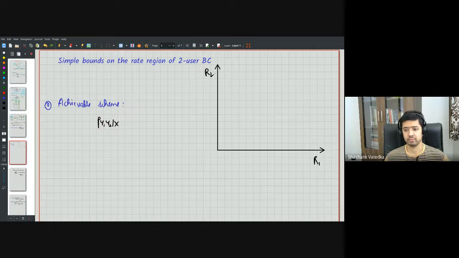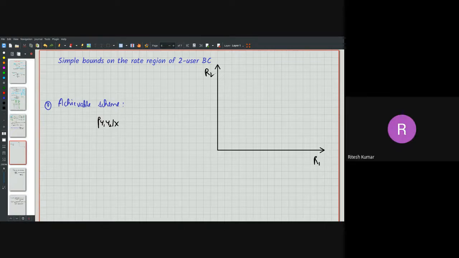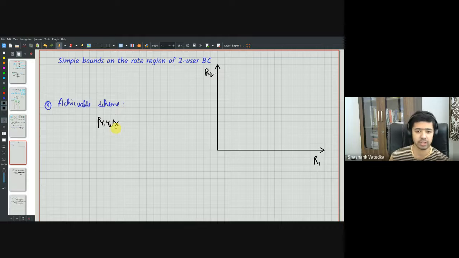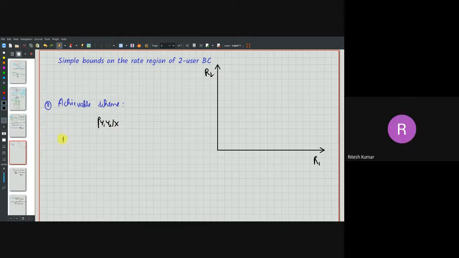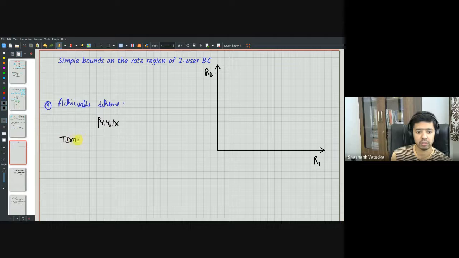Would you talk to them simultaneously? Suppose that you want to tell something to one person and something else to another person. Sir, with the time sharing approach. Yeah, so basically time division multiple access, yes. Right? So TDMA. So you first communicate to one person, user one,